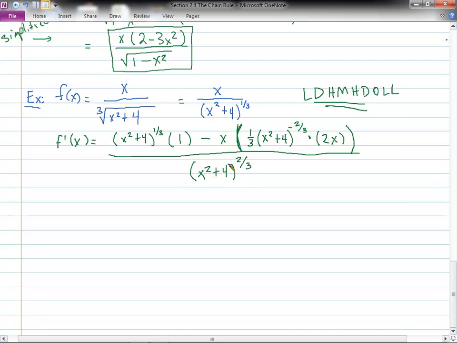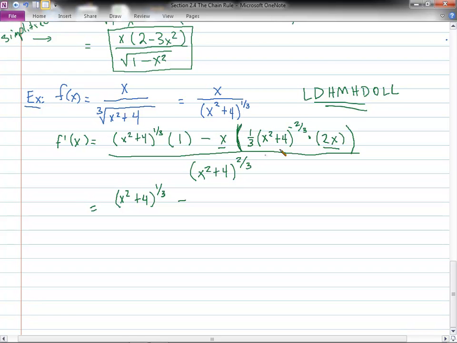Apparently I was explaining that in grand detail during class today. Let's now attempt to simplify this. Of course, we multiply by 1. It is itself, so you have an x squared plus 4 raised to the 1/3 power minus